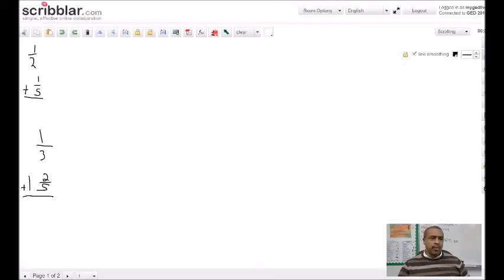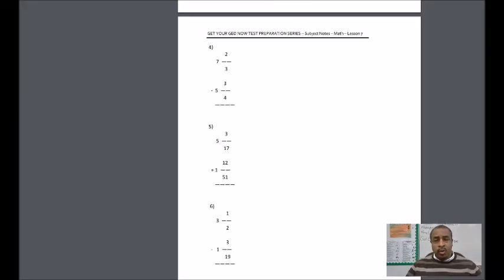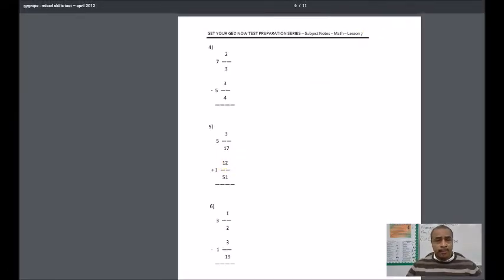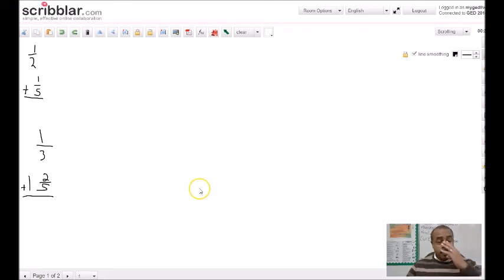Now, so tonight, we're going to just go over the basics of adding, subtracting, multiplying, and dividing fractions together. And then we're going to look at a couple of word problems here, and then we're going to wrap it up. So when you're adding fractions, there's basically 4 steps that you have to do. So when you have 1/2 and 1/5, can you just add those together? You can't, because the